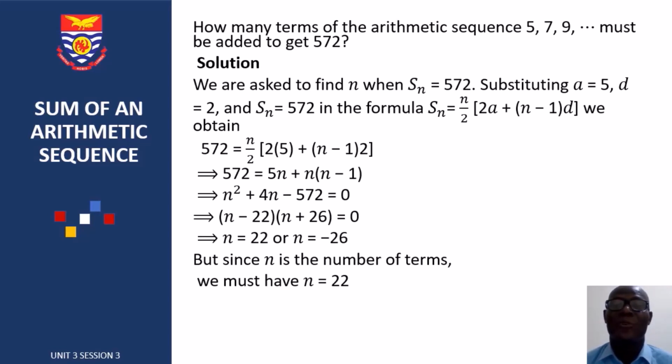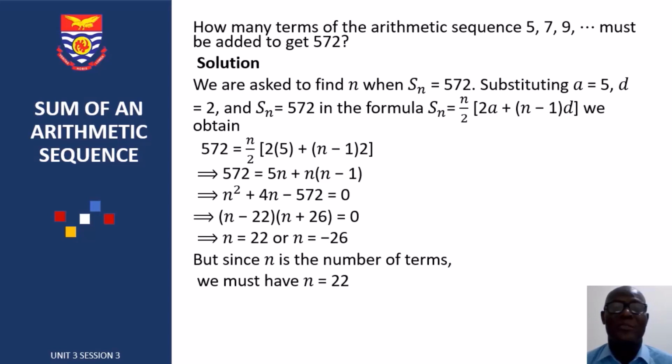But from the given sequence, we know the first term to be 5, that is a equals 5. And the common difference, that is 7 minus 5 or 9 minus 7, gives us d equals 2. Now, substituting S subscript n, a, and d into the summation formula, S subscript n equals n over 2 into square bracket 2a plus into braces n minus 1 d, we have